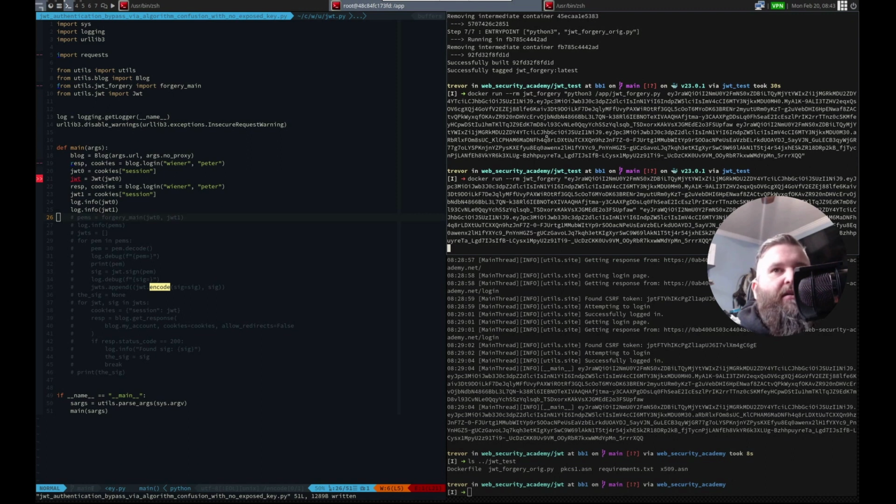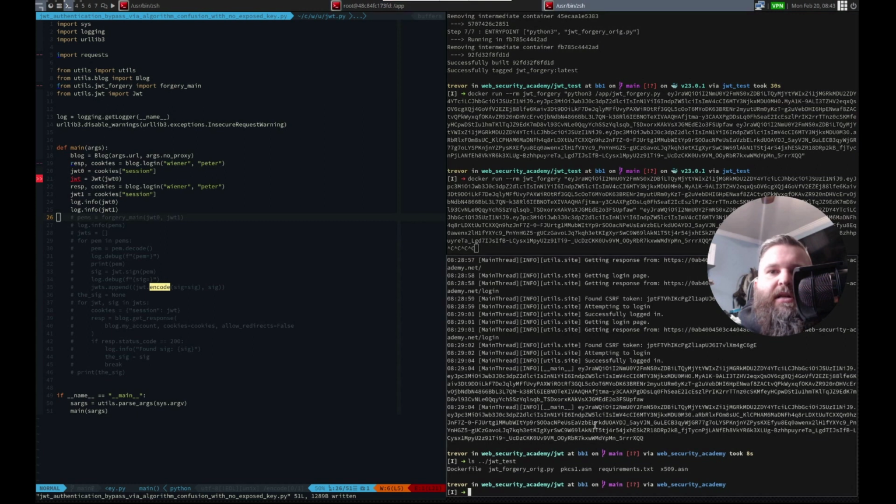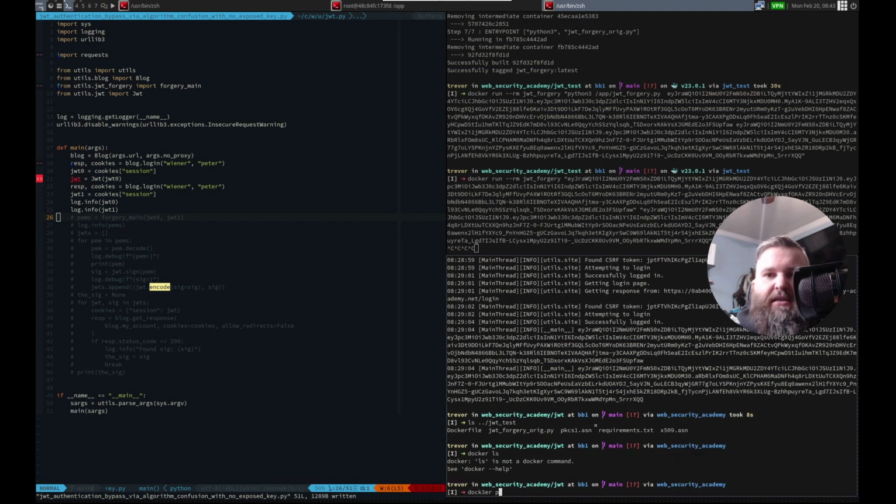Hey, looks like it may be running. We're not getting any output. Do I need -it? I think I need -it. Awesome. Docker ls, docker ps